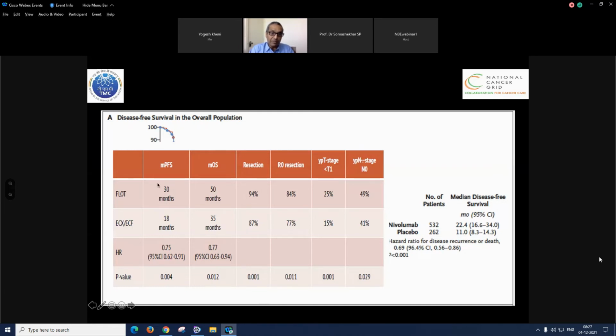30 months of progression-free survival with FLOT alone. And whereas here you see patients who are treated with neoadjuvant chemoradiation followed by surgery plus adjuvant immunotherapy having a median disease-free survival of 22 months. So as I said earlier, it is incorrect to compare across trials, but I wonder whether the control arm of